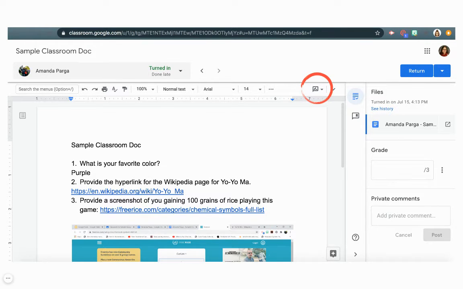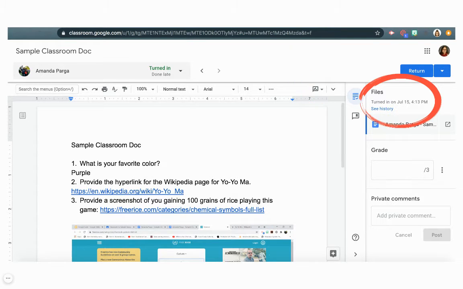All of the documents that you're going to get turned in from students are going to be in a suggestion mode for you. So as the teacher, you can't go into this document and just edit something and it becomes part of the document. One of 2 things can happen. You can either suggest something and students can allow or deny that suggestion, and then you can make comments. It's just a way to separate teacher comments from student comments, but you are in suggesting mode at this point